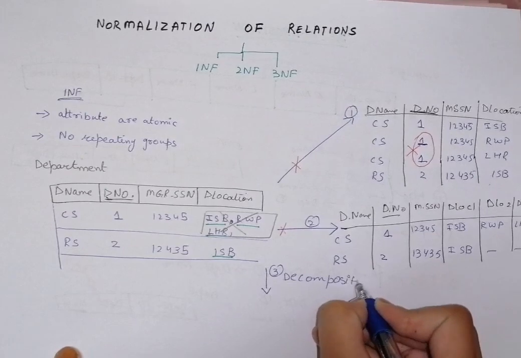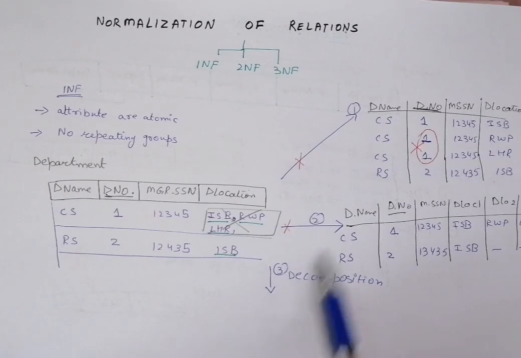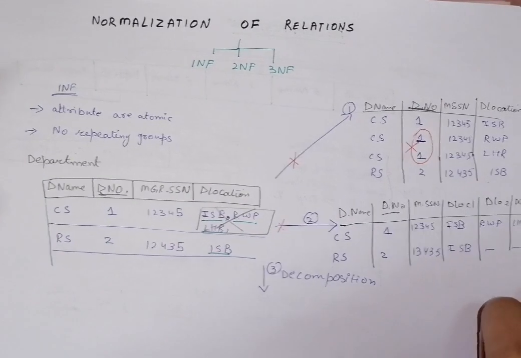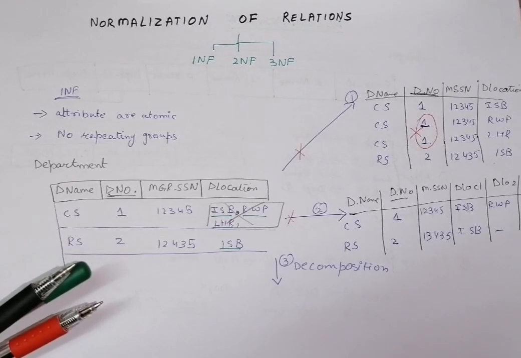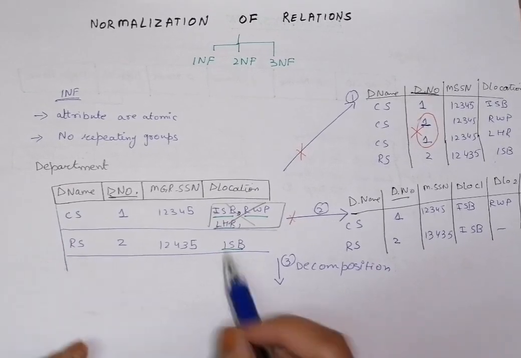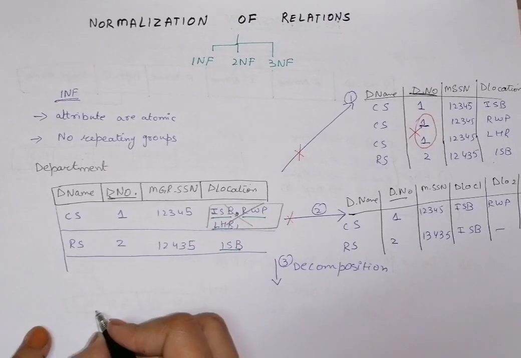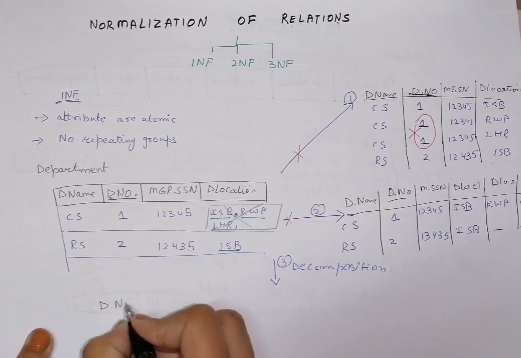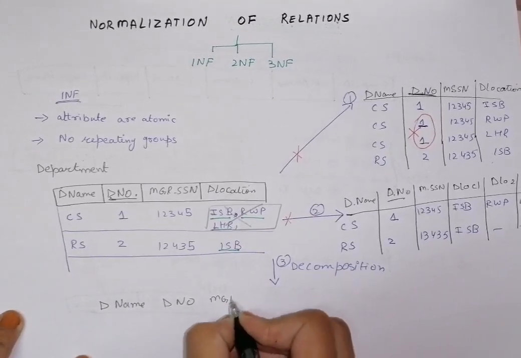So how do we perform the decomposition on this particular relation? We basically look for the attribute that is causing the problem, that has made these two approaches a bad or failed approach. By looking at that, we look at the multi-valued attributes here, which is this. So we split this schema into two different tables. Number one would be dname, D number, and manager SSN,